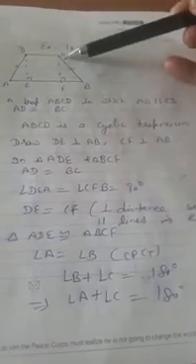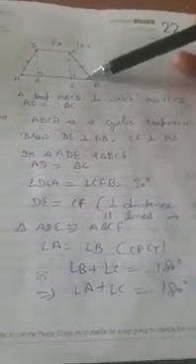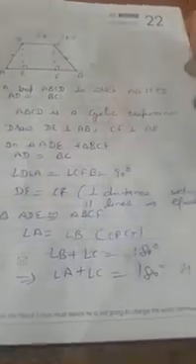Now the sum of angles B and C is 180, as DC is parallel to AB and BC is a transversal, so these are co-interior angles. In place of B we can put A. That implies angle A plus C is 180. Similarly we can prove angle B plus D is 180. So it will become a cyclic quadrilateral.